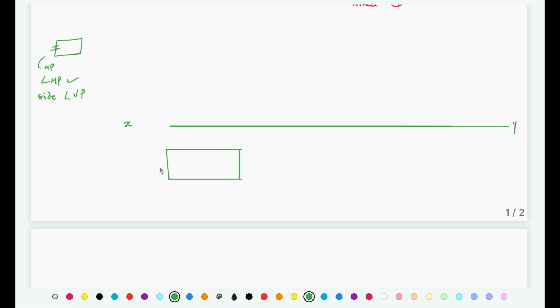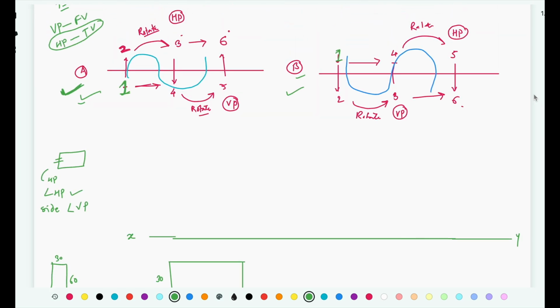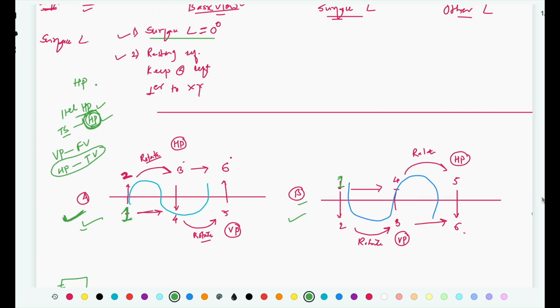So this is a rectangle, this dimension is 30, this dimension is 60. Now while drawing this rectangle, why am I not drawing the rectangle like this one, this dimension 30 and this dimension 60? Because in a basic view what we have written additionally,